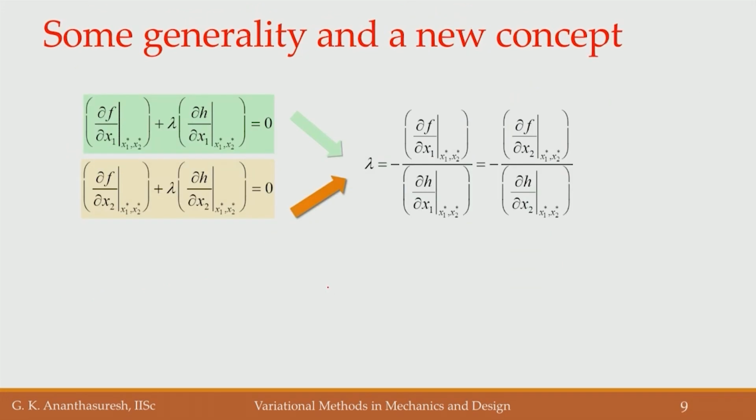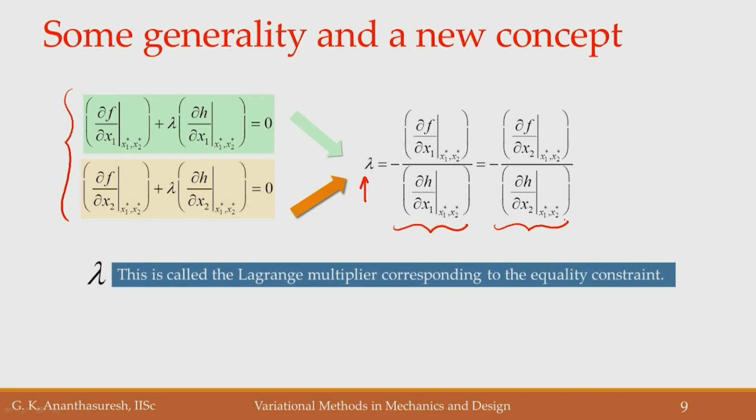Now, this gives us a way of thinking about the necessary conditions. Dou f by dou x1 plus lambda times dou h by dou x1 equal to 0, dou f by dou x2 plus lambda dou h by dou x2 equal to 0. In both cases it is the same lambda. The way you define lambda is minus dou f by dou x1 divided by dou h by dou x1 or minus of dou f by dou x2 divided by dou h by dou x2, the same lambda for both,